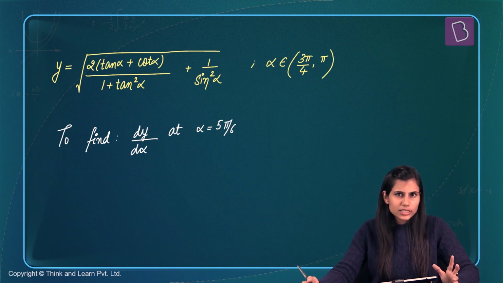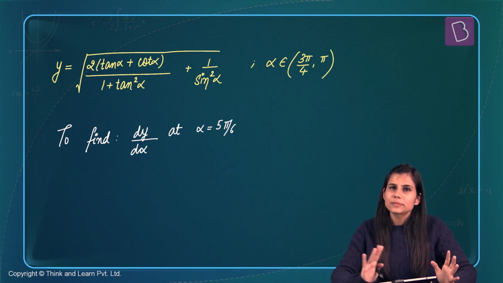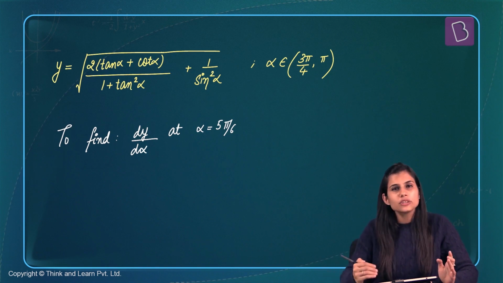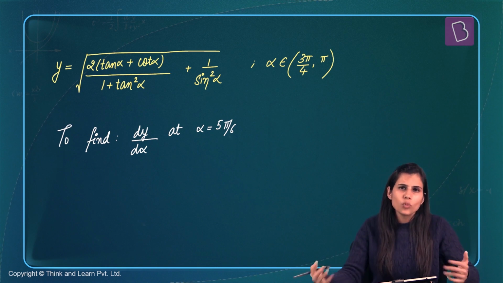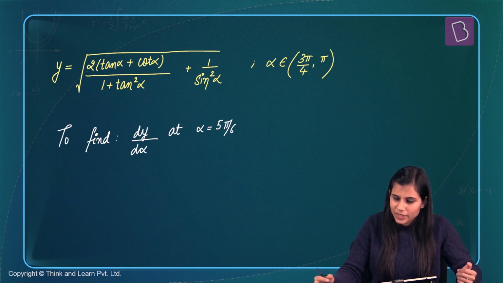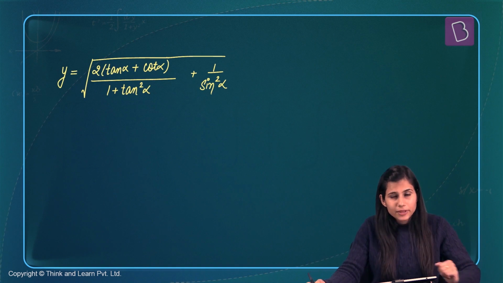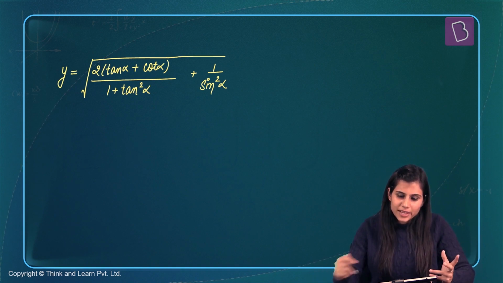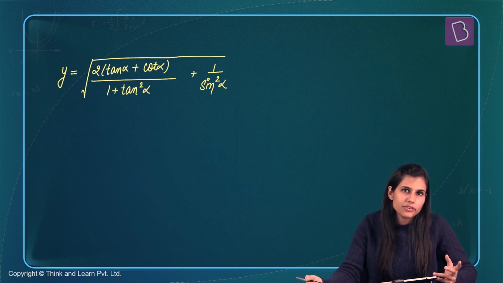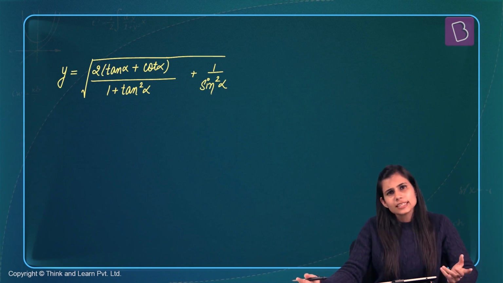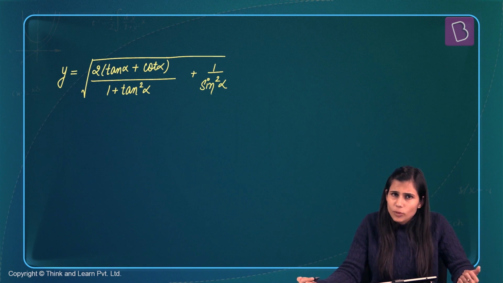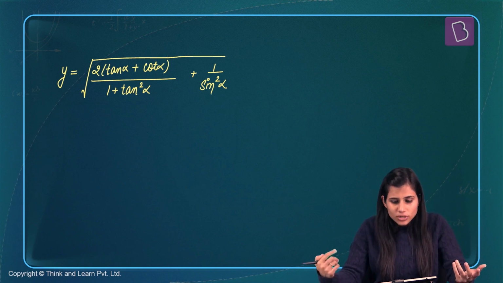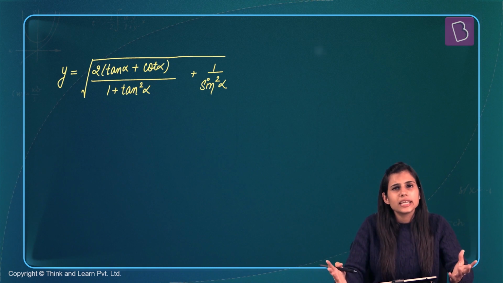Obviously, the strategy is to simplify y as much as we can so that when we proceed to differentiate it with respect to alpha, it should not take much time. So let's work upon y and simplify it as much as we can. You can see in y, there is tan involved, cot involved, and there is a sine square alpha involved. So that is enough to give you a hint to convert tan and cot in terms of sine and cos. When you write tan as sine upon cos and cot as cos upon sine, take out the LCM and get a